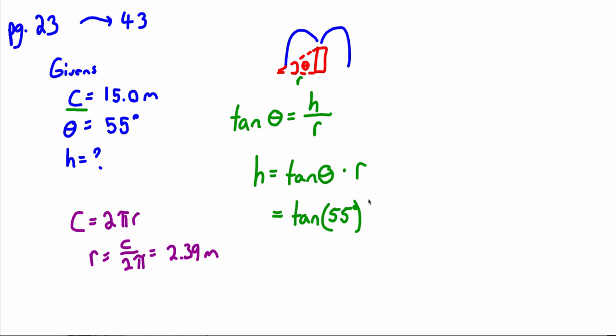So if I come over here and substitute that in, I get tangent of 55 degrees times my radius, which was 2.39. And let's see what we get here. So tangent, let me check, make sure I'm in degrees, yep. I get tangent of 55 times 2.39, and that gives me 3.41